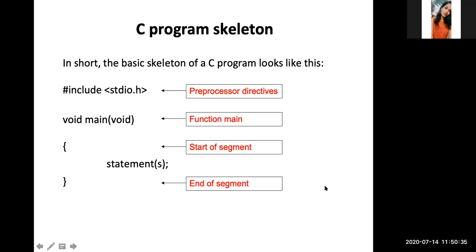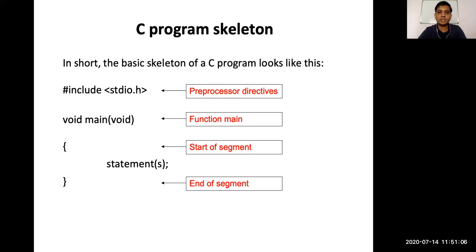We are using main because it is the starting point of the program. Where the starting point has been defined: it is defined by your compiler. It means that the flow of your program always starts from the main function. The very first instruction that is executed in your program is the first instruction written in your main function.